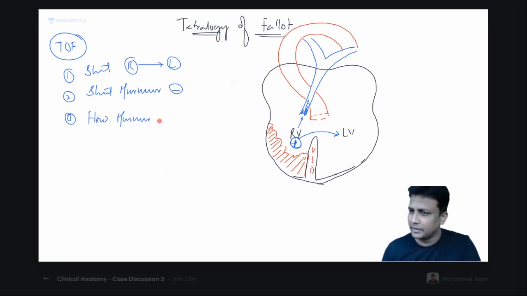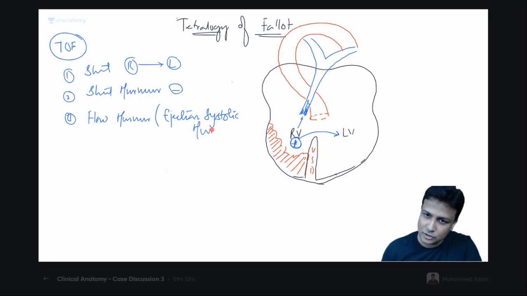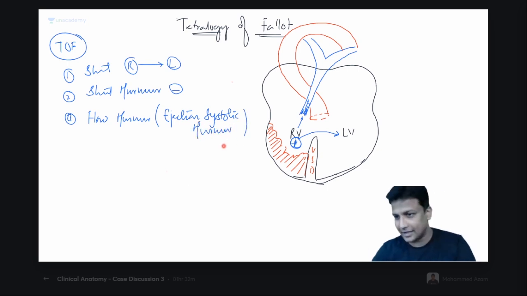And what is this murmur exactly known as, guys? Yes, Shweta is answering very correctly. It will be ESM. And what is that ESM? It is ejection, and it is systolic, when the ventricle contracts. Ejection systolic murmur will occur. Okay? So you see, one by one, it is all dependent. So try to learn it like that.